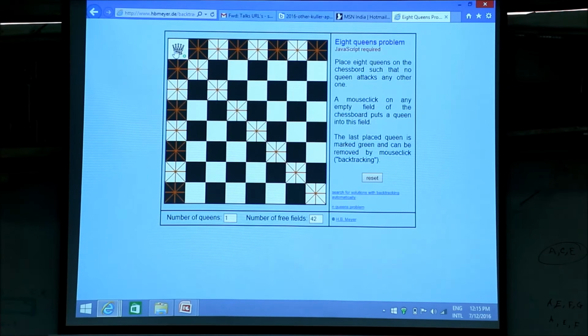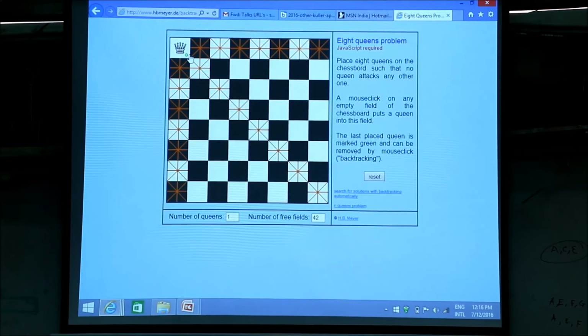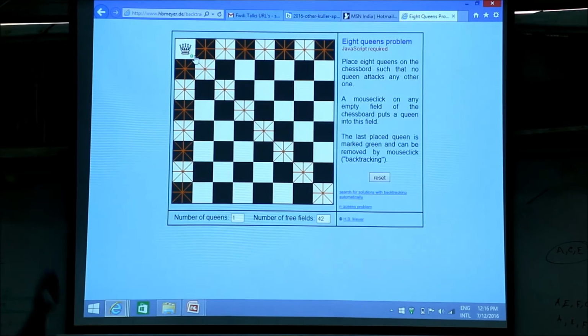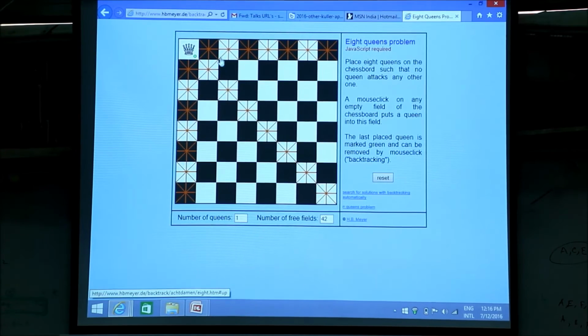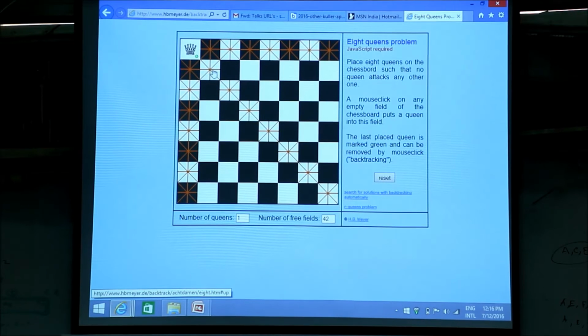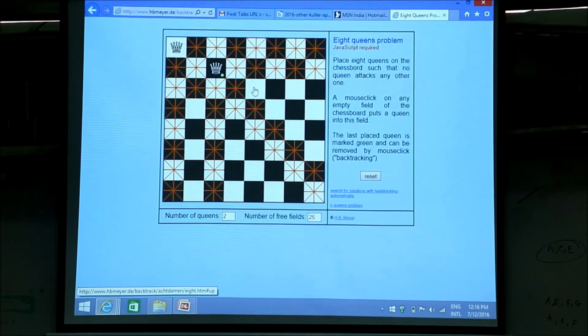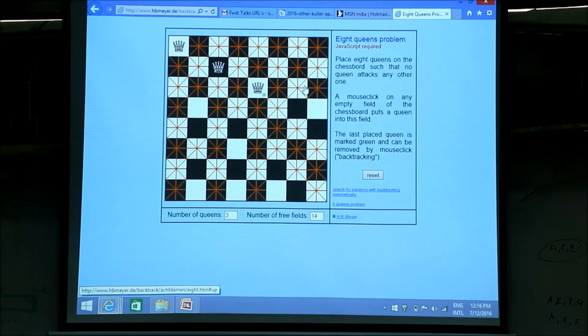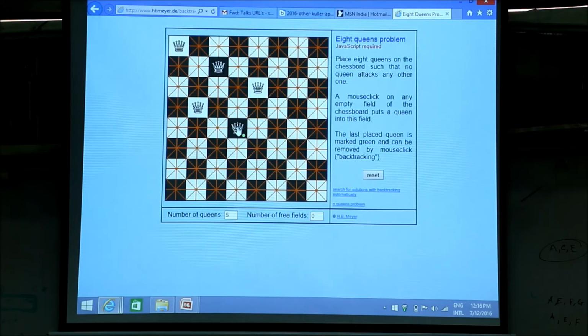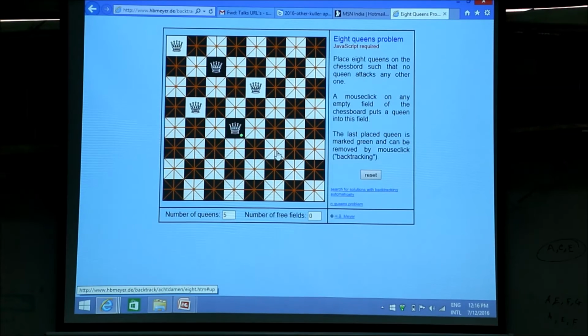So suppose you place a queen here, then this will show all the other places where you cannot place, right? Then you go to the next row and try the empty place here, which is this one, and place a queen here, and this cancels all the places, and so on. Now when you go to the fifth row, you have this as the empty space, and if you go to the sixth row, there is no other empty space, right? So here we have come to a dead end, right?